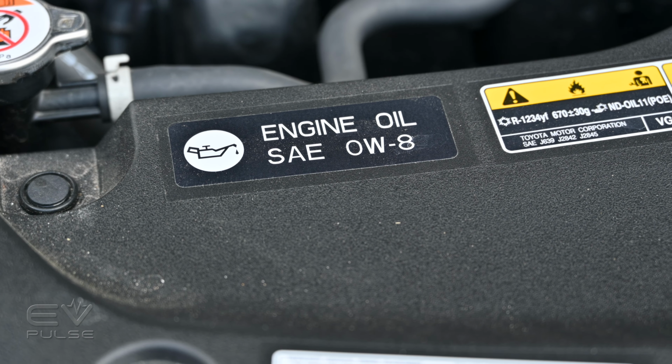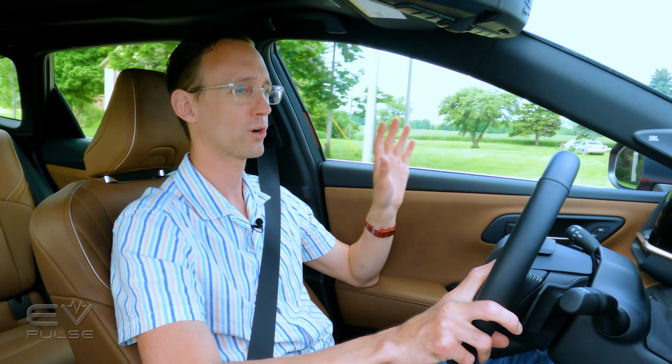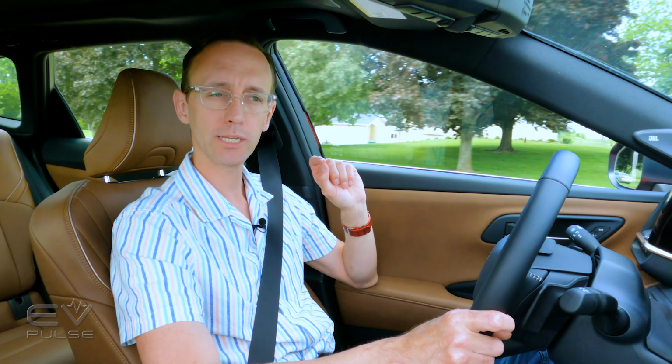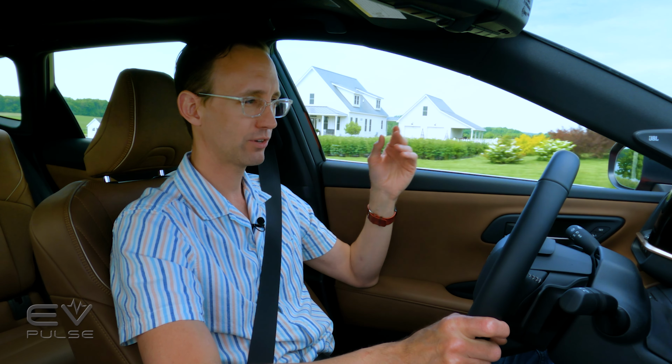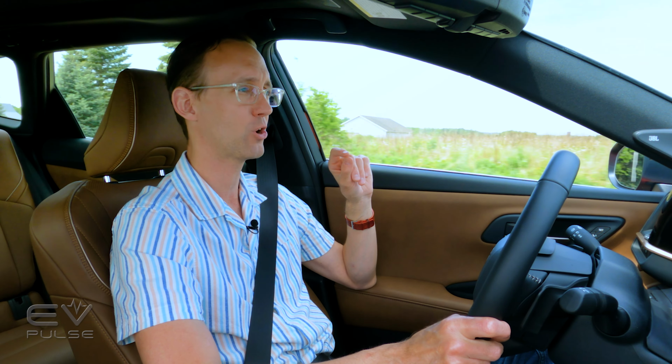With a curb weight of around 4,210 pounds, this Toyota can go from 0 to 60 in around 7.1 seconds, which is an entirely competent time, perfectly adequate for efficient, everyday motoring. Of course, this is not the fastest vehicle I've ever driven, and a little bit more fire in its belly sure would be nice, but again, for typical driving, this is more than adequate. Speaking of fuel economy, you can expect a stellar 39 miles per gallon city, 37 highway, and 38 mpg combined. The Crown Signia is also able to tow up to 2,700 pounds, a pretty impressive figure, though it's going to